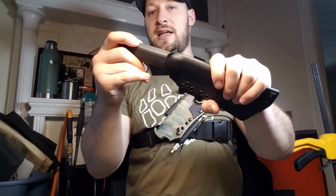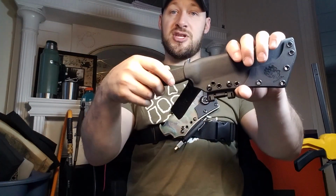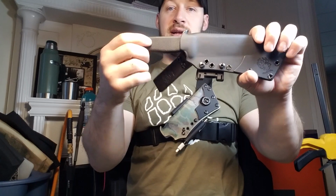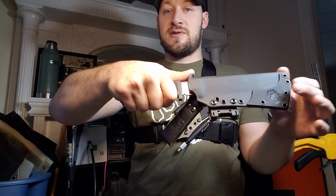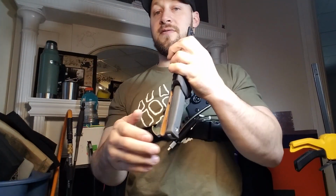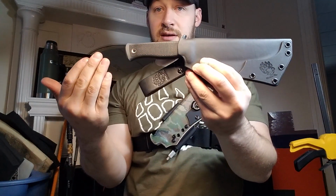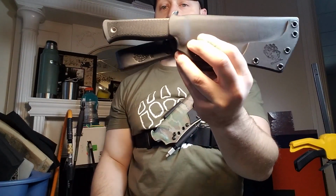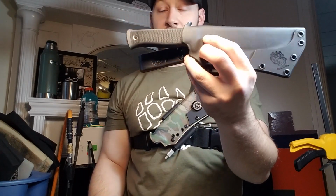So if you use that to your advantage, and just mess around with the shape of the opening of the sheath, you can get it so that it's not aggressively pinching the handle of your knife and gives you a smooth draw, but it also does effectively retain your knife with roughly the same level of retention that you would get using a harder handle scale like G10 or micarta. It just all depends on how you form it, how aggressively, and knowing what you're doing